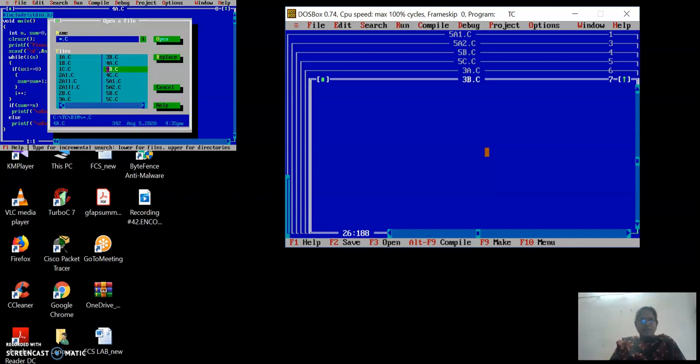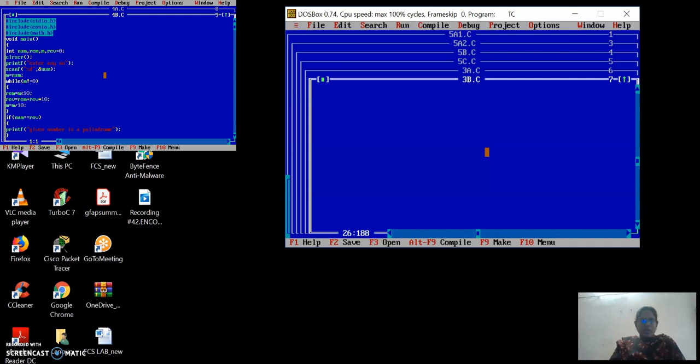And next, coming to 4b, I have to check whether a given number is a palindrome or not. Before discussing palindrome, what do you mean by palindrome? A palindrome is a number where the number and its reverse are equal. Say for example, I have 1, 2, 2, 1. The reverse of that number is again 1, 2, 2, 1. Then I can say that 1, 2, 2, 1 is a palindrome. If suppose 1, 2, 3, what is the reverse of 1, 2, 3? 3, 2, 1. So it is not a palindrome. In that way, I have to check whether the given number is a palindrome or not.